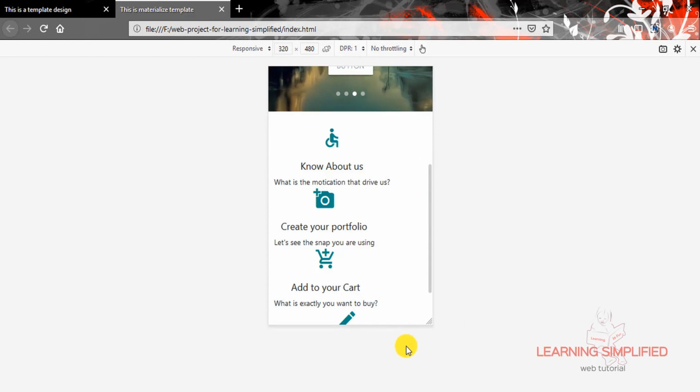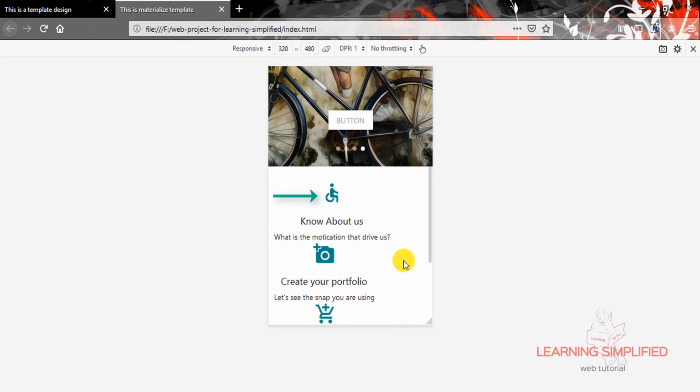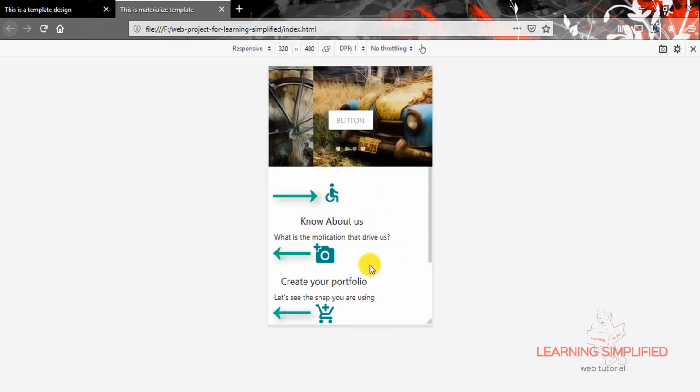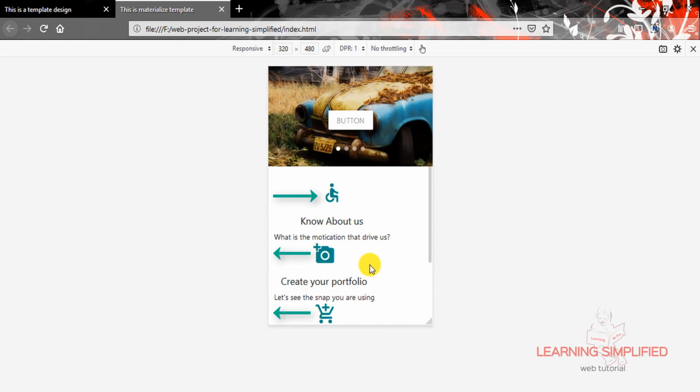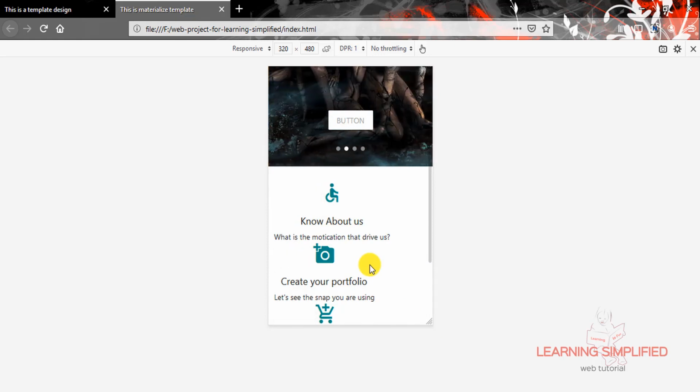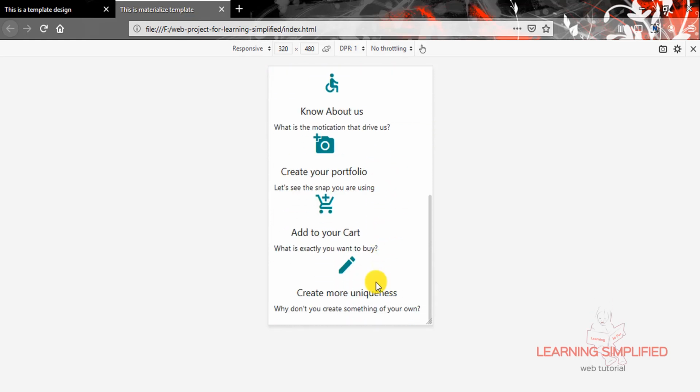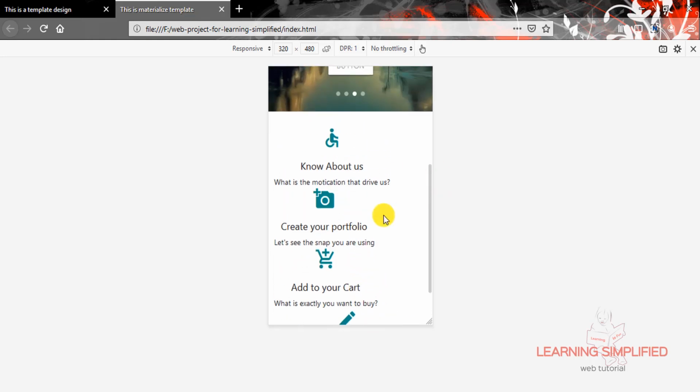But the thing doesn't stop here. There are some more things that we need to do. If we pay close attention over here, you will see that these icons are disoriented. Some of them are extremely aligned, some of them are a little distorted, shifted into the middle position. This is the problem that we need to rectify next.